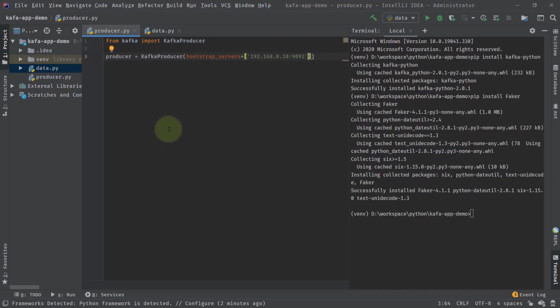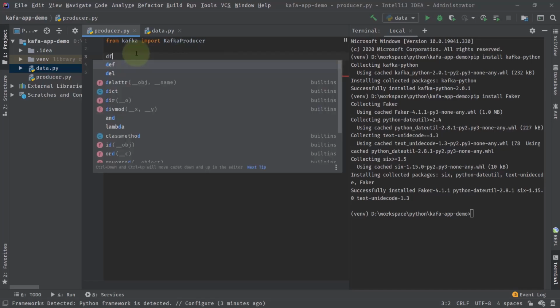I'll come here and say the value_serializer. The value_serializer will always be a method. So I'll say value_serializer equal to a method. I am returning a JSON registered user, and I'll be sending that same registered user. So I'll say json_serializer. This is a method that I need to define. Again, after here, there is no method defined, so it is in red.